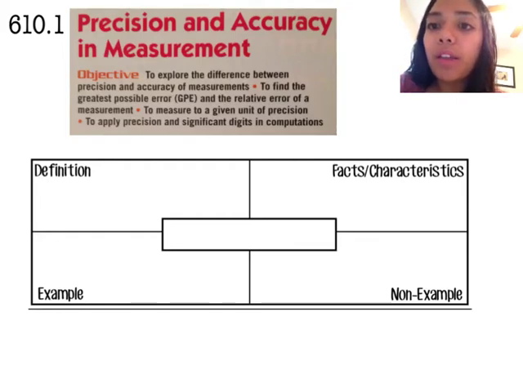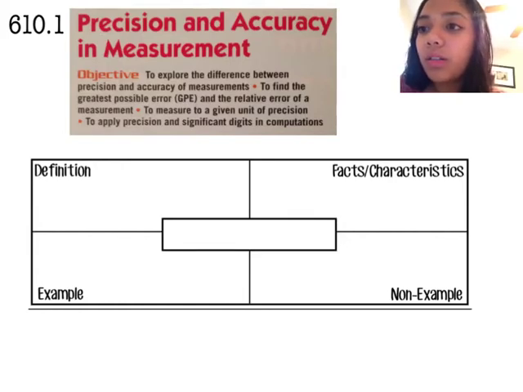So if I was comparing these, this one, the ounces would be more precise because it is the smaller unit. All right, so a non-example, if I did the same thing, it'd be 4 pounds